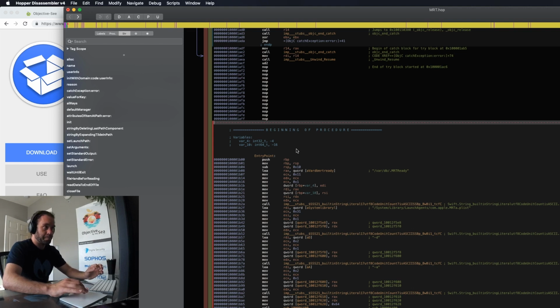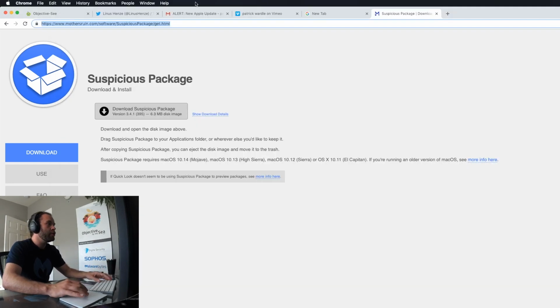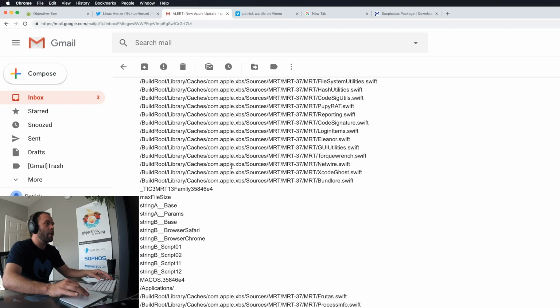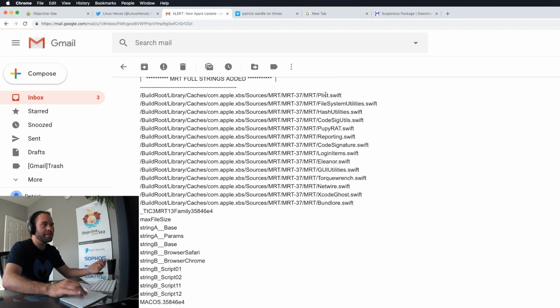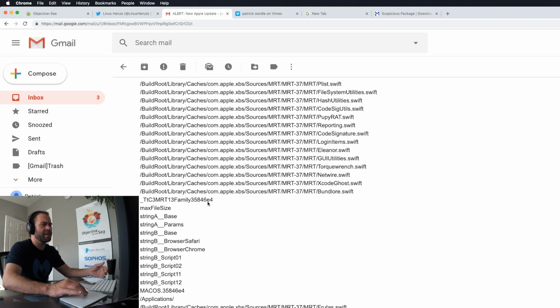Okay, so we are going to look via this email. We know that a bunch of strings have been added. These are some of the old detection. They just updated the version of MRT. That's why this is seen as a new string. The old version was 36 or 35. However, right here, though, we can see a whole chunk of new detections, code, strings rather, that have been added to the system. So let's look at what macOS